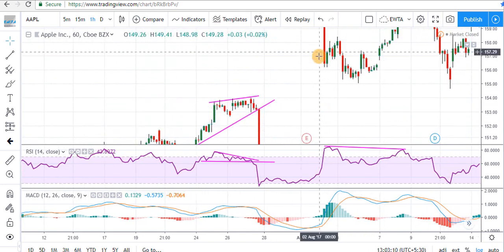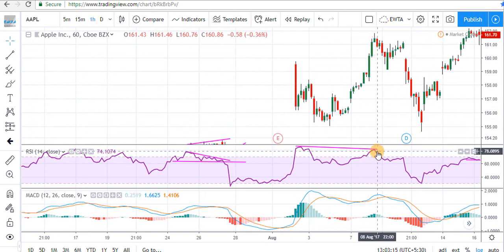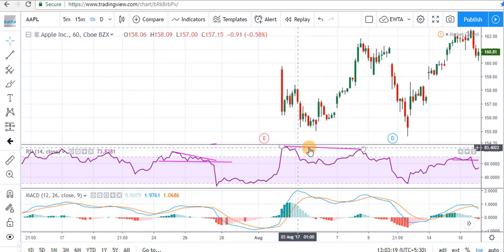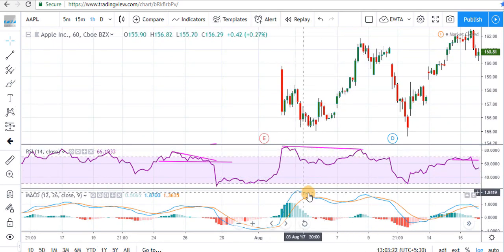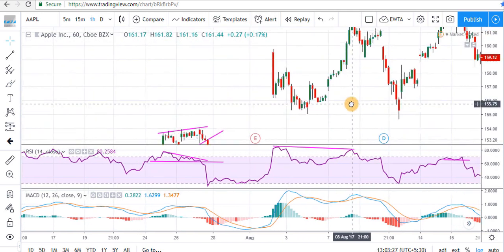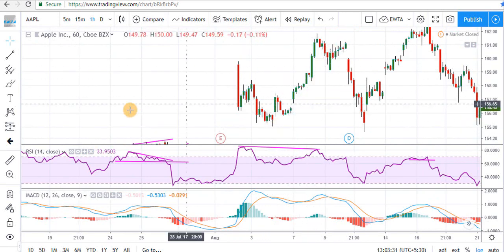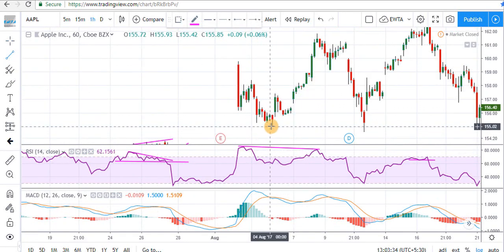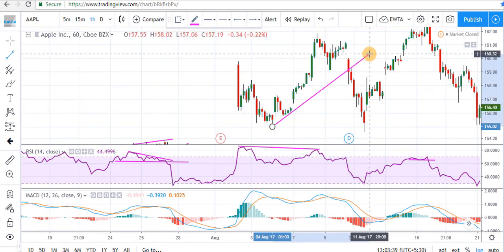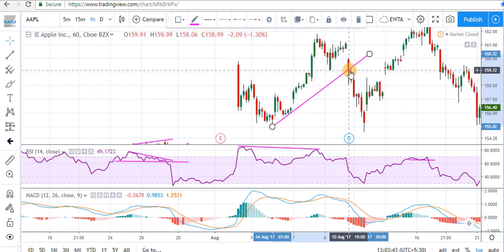Now this was the gap up opening, and here again we are getting a bearish divergence because prices are going higher but RSI is going in downward direction. MACD is also going in downward direction, so this is a bearish divergence. Now this was a gap up opening, so we will draw a trend line for this trend. And this was the first point, this was the second point, so we will draw a trend line at this point. At this point when prices are breaking down this trend line, we are getting a short sell signal.